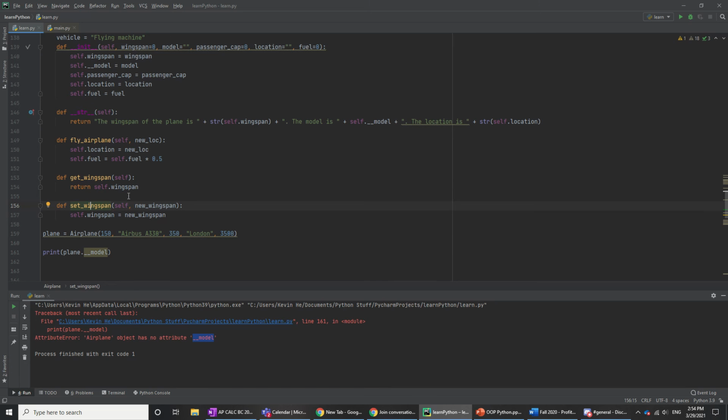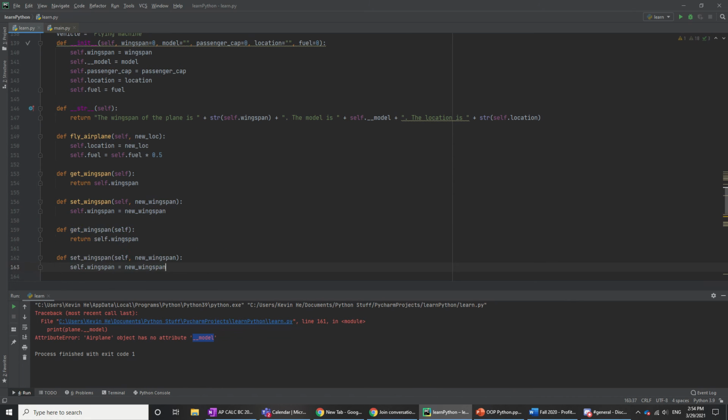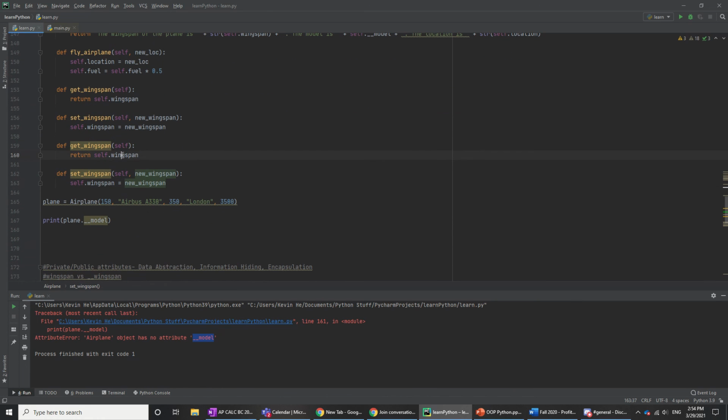So right now we have a get and set for wingspan, and we can just copy and paste that and then just change the wingspans to model. And then this is also model. And now you'll be able to access it using the get, this would be changed. Get model and the set model